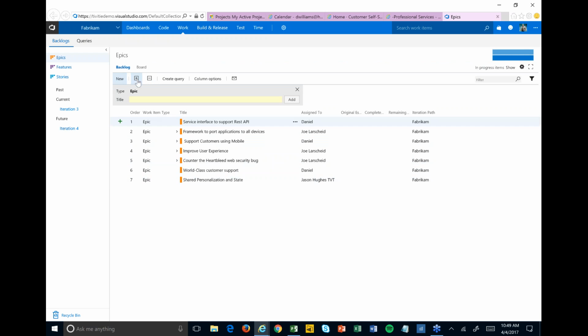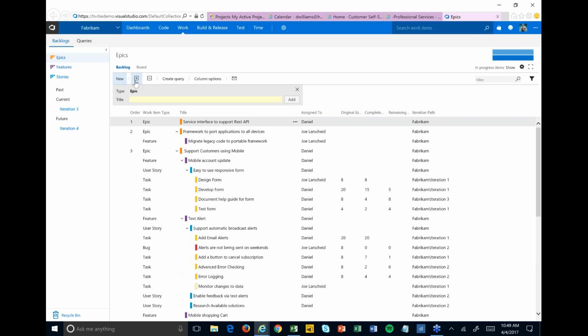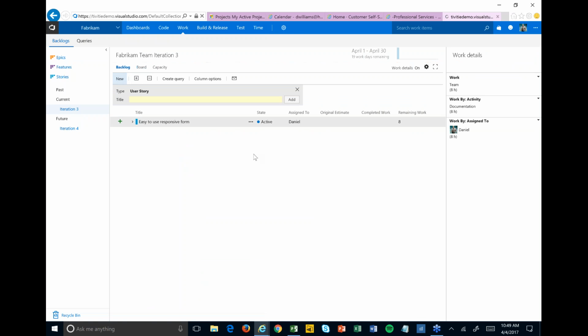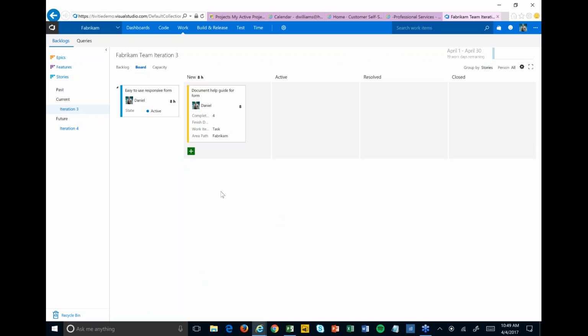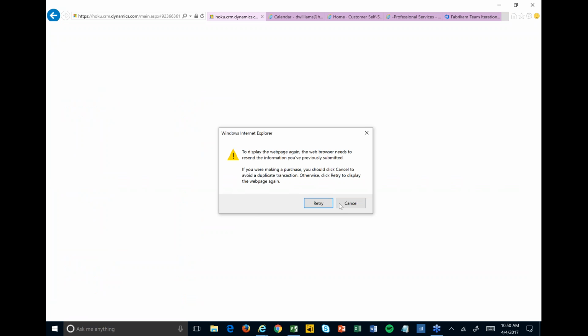I can now build out my backlog of items, break out my epics into features, into user stories, down into tasks and bugs. I can then drag and drop to plan those items into different sprints or iterations, and I can use my Kanban board to update the status of those items by dragging and dropping from one status to the next, right? As I do that, all of that information will automatically flow back into Dynamics 365, so we can still get those rolled up views of all of the different